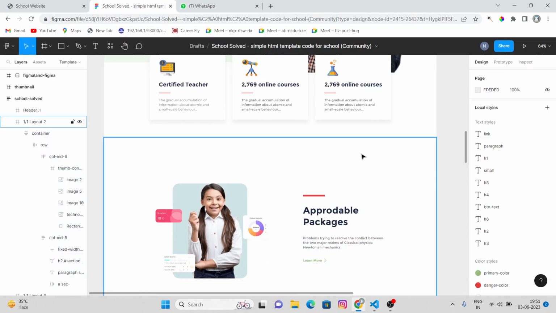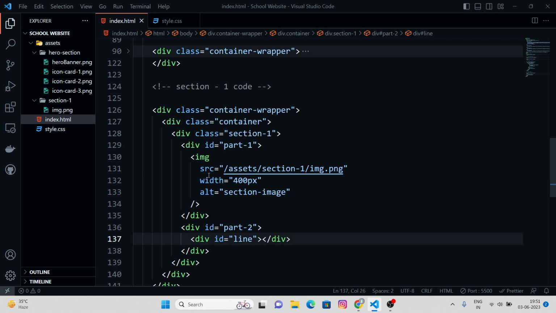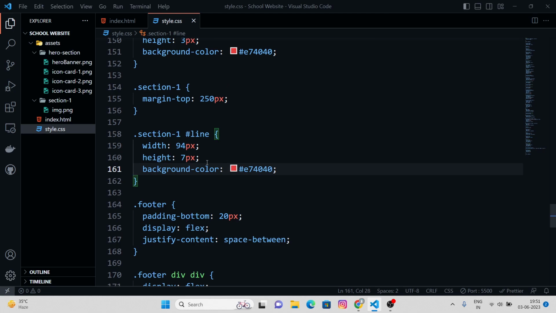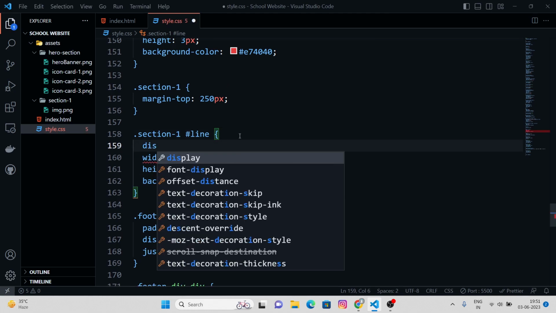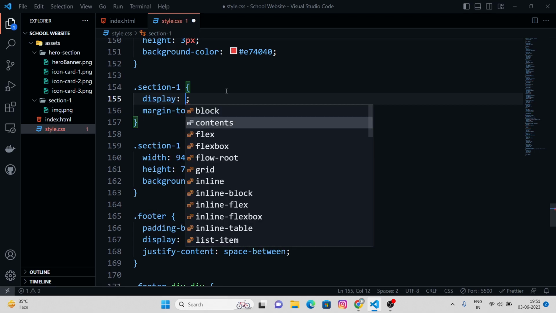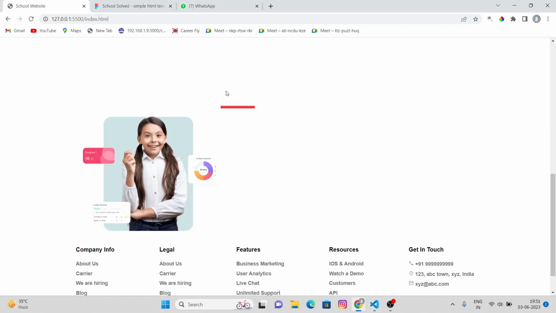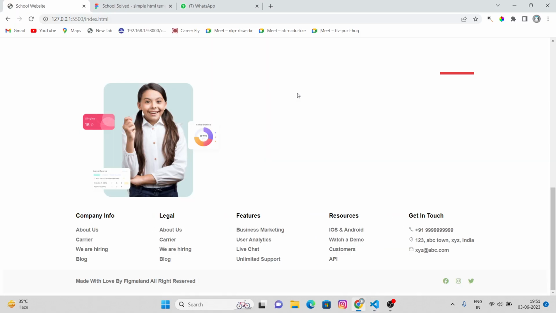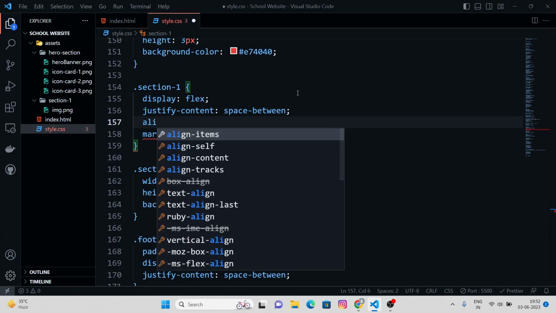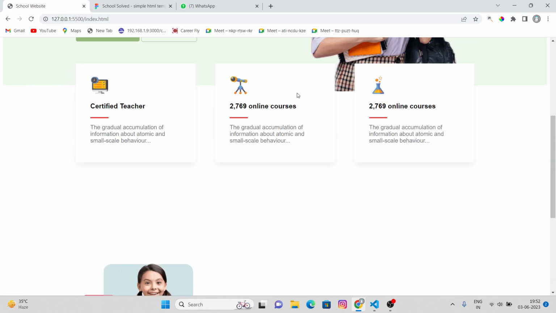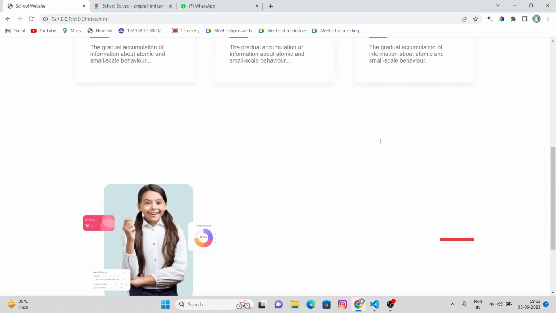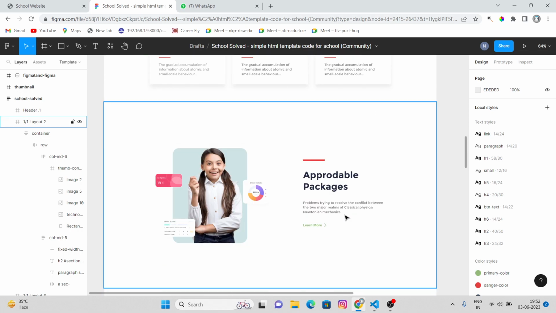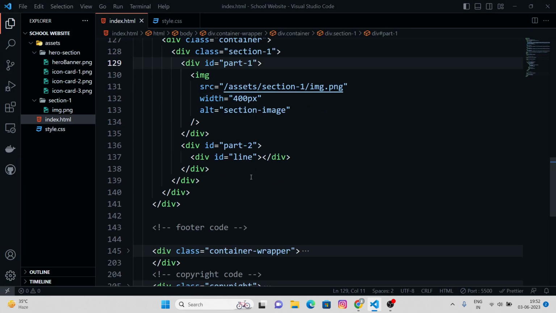Cool. But it's kind of here, right? So maybe I need to give display flex to the section 1. So let's give not here but here. Yeah, display flex, right? And justify content space between, align items center, right? That's all. Now as this is done, what I can do here is